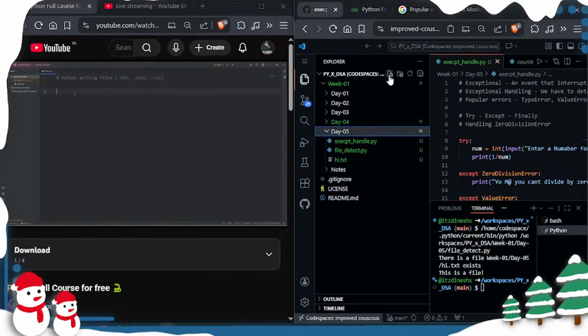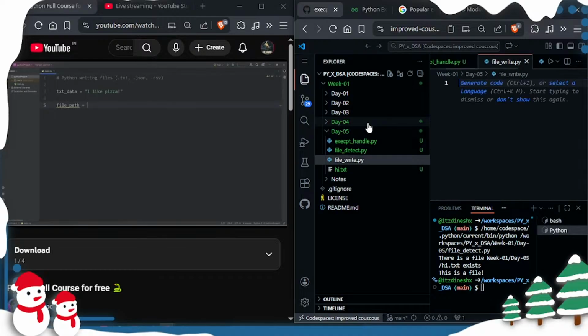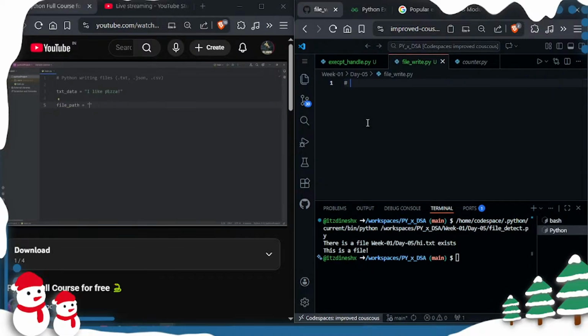Suppose we have some data that we would like to output. I'll create a variable of text data. Think of a food you like. I will output, I like pizza. For convenience, we'll create a variable of file path. This can be a relative file path or an absolute file path. Within this file path, we'll need a name for this file. I